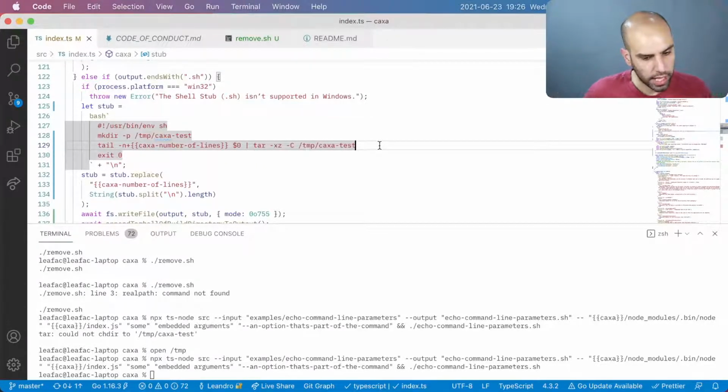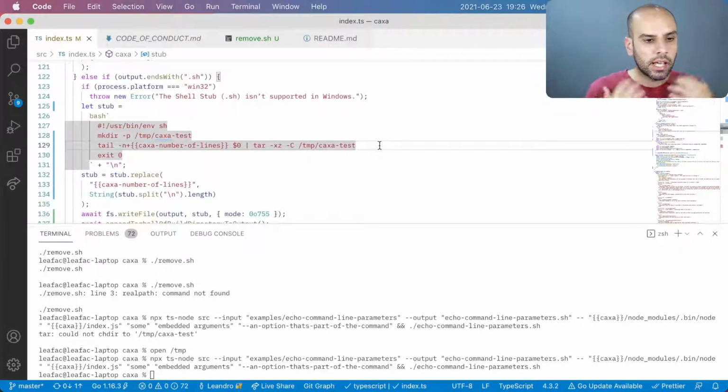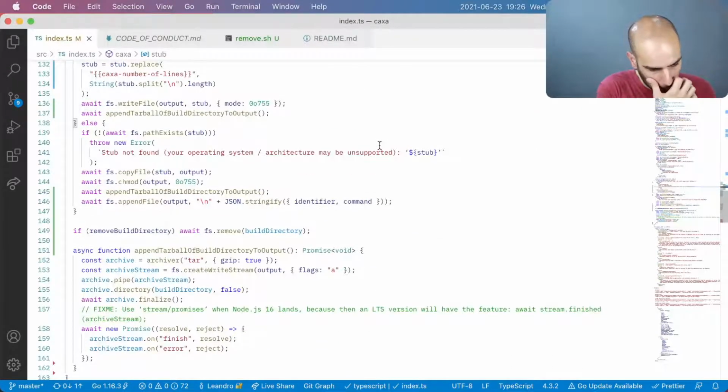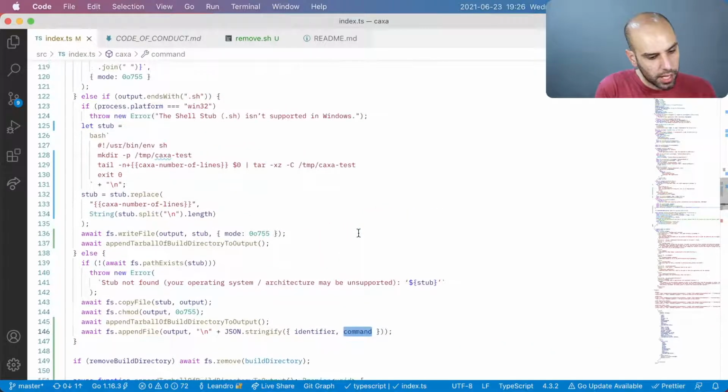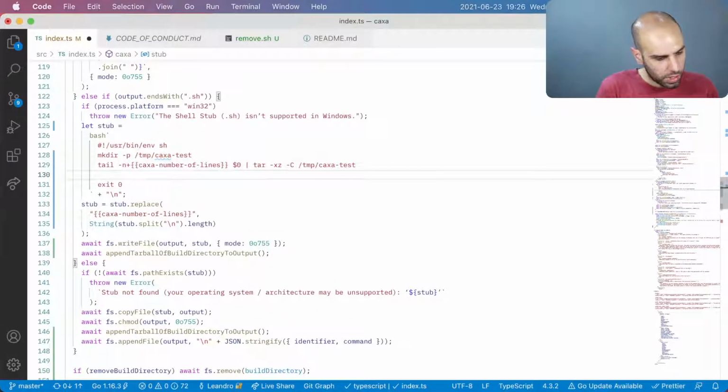What do we have to do next? Well, we have to run the command that you told me to run. So you passed a command array, and I need to actually run that. So here I can